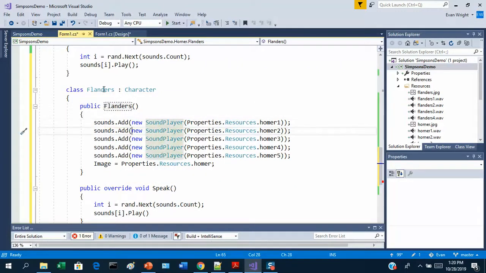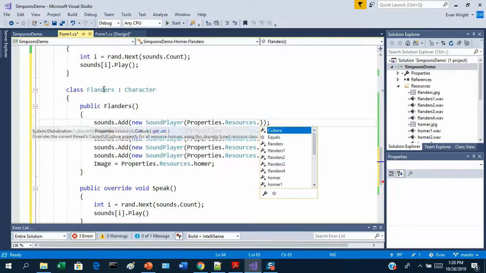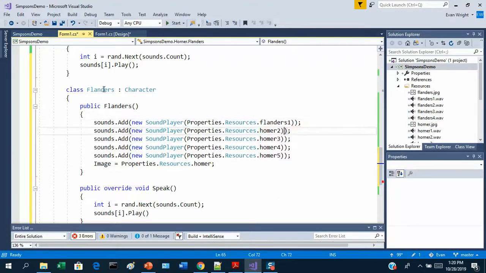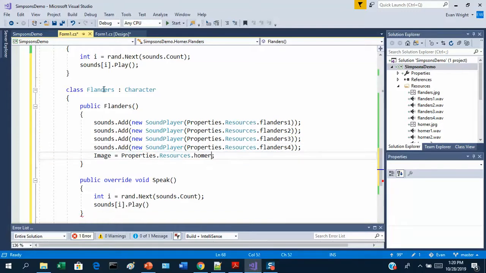And how many Flanders sound effects do we have? 1, 2, 3, 4. And let's change this image to Flanders. There we go. Okay. Now you can see, even though we're overriding the speak function,